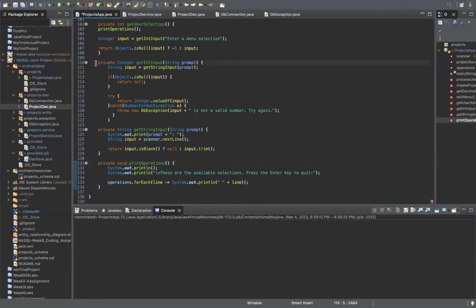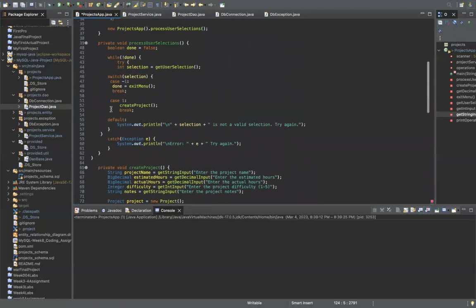At line 110, we have our get int input method that accepts input from the user and converts it to an integer. On line 124, this is our get string input method that prints the prompt and gets the input from the user. And then back at the top of the class,